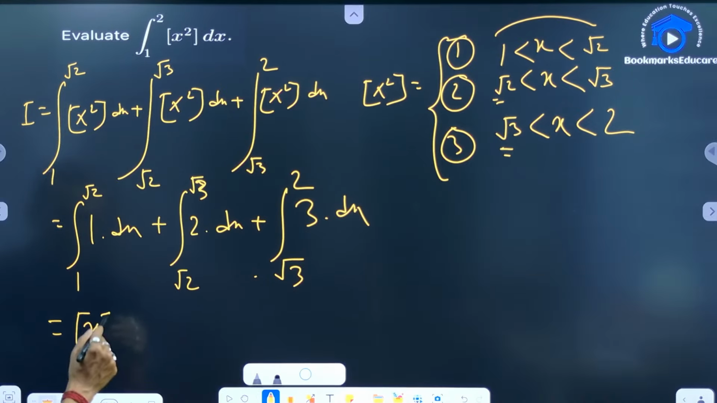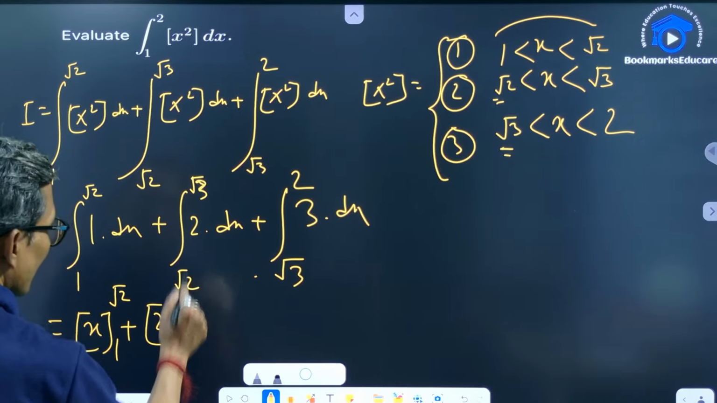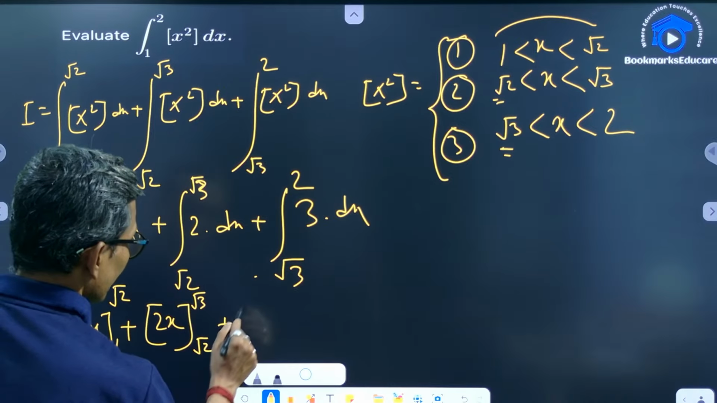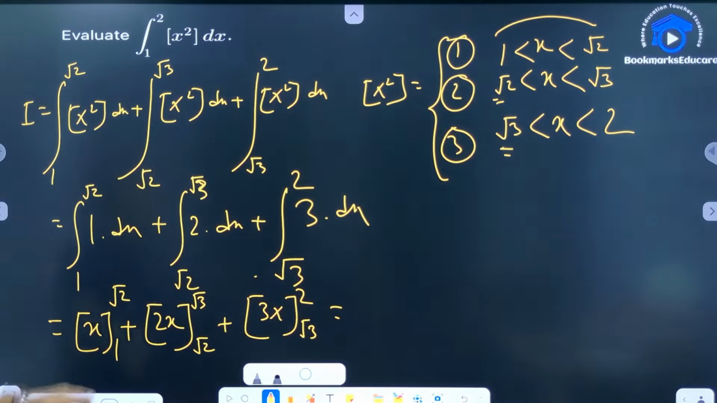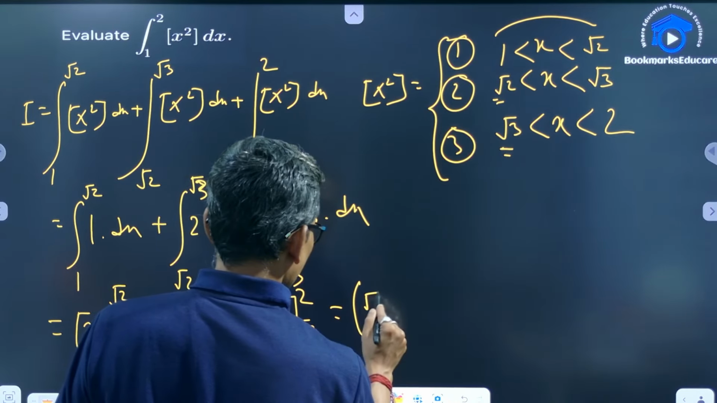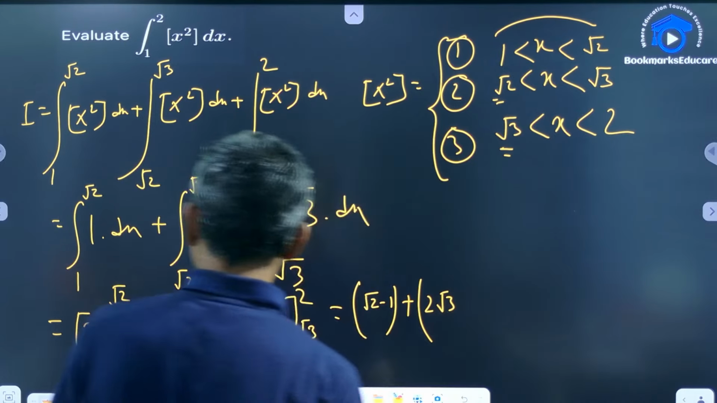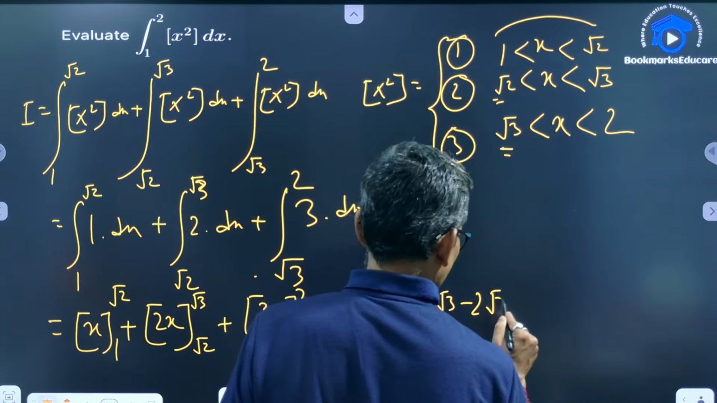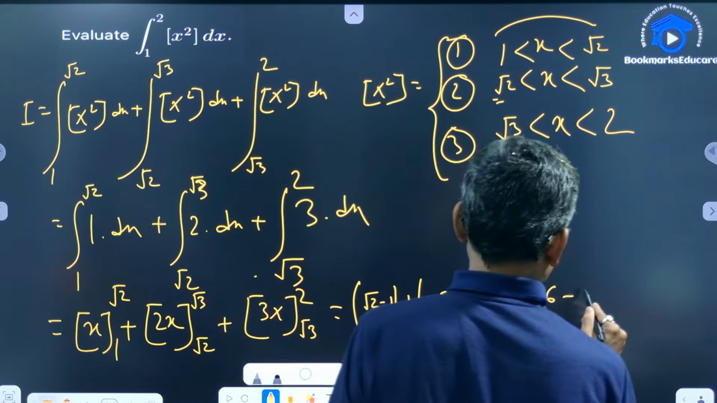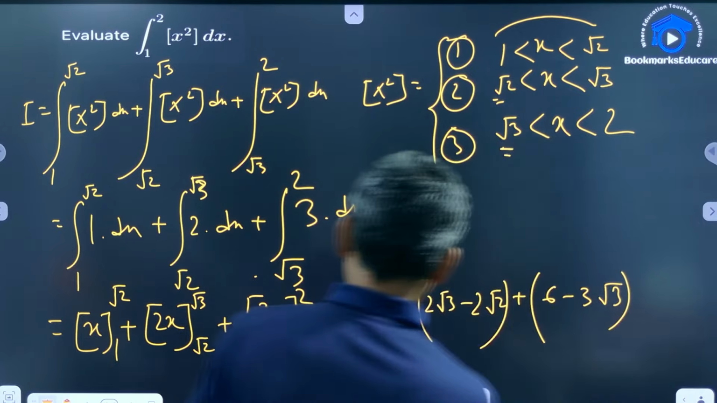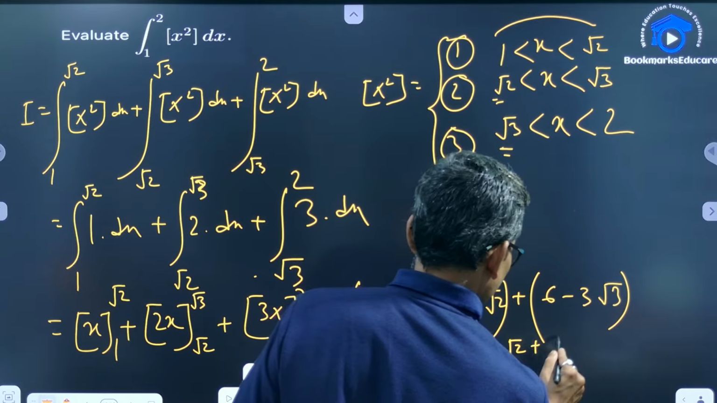इंटीग्रल ऑफ dx मतलब x, 1 to √2 प्लस इंटीग्रल ऑफ ये 2x हो जाएगा प्लस ये 3x हो जाएगा। सो अभी अपर लिमिट और लोअर लिमिट इसमें डाल देंगे। सो √2 minus 1 plus 2√3 minus 2√2 plus 6 minus 3√3। So √2 minus 1 plus 2√3 minus 2√2 plus 6 minus 3√3।